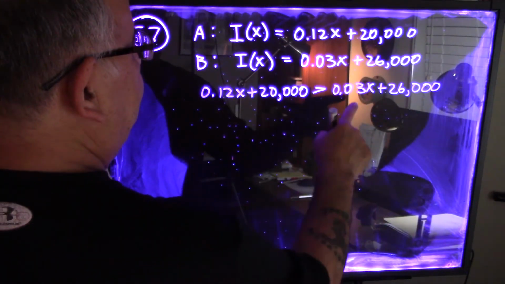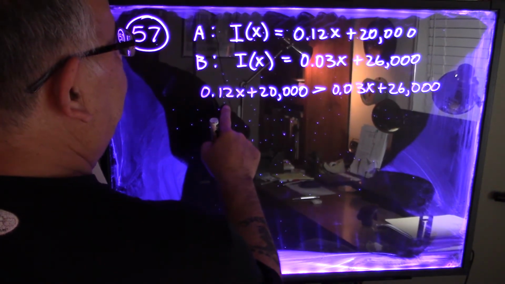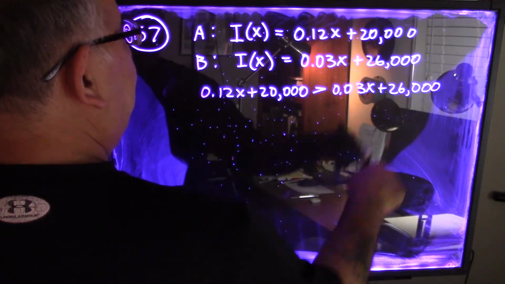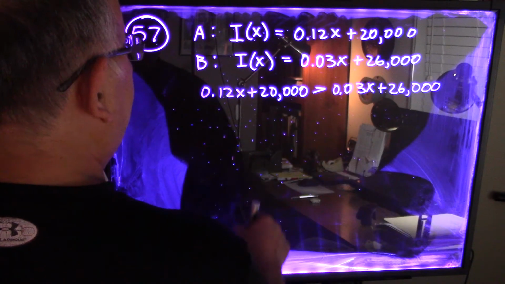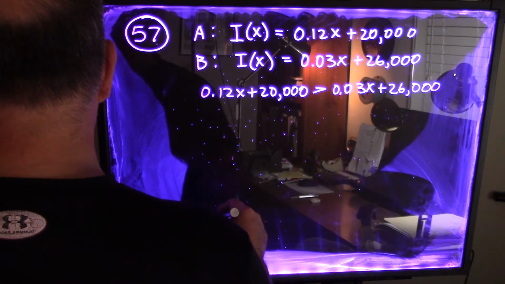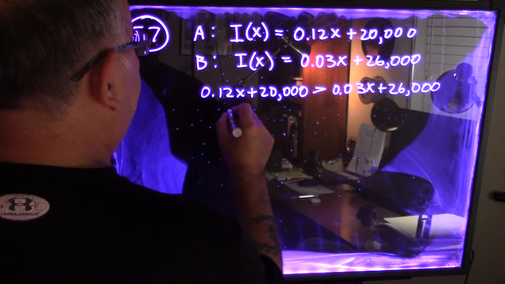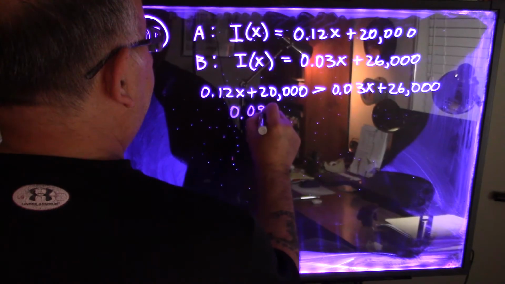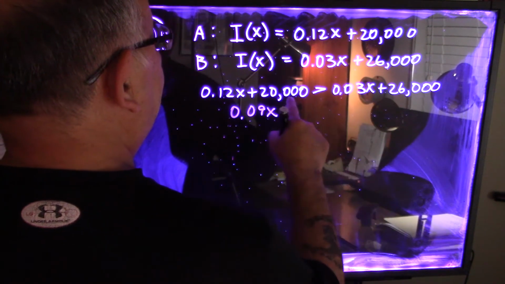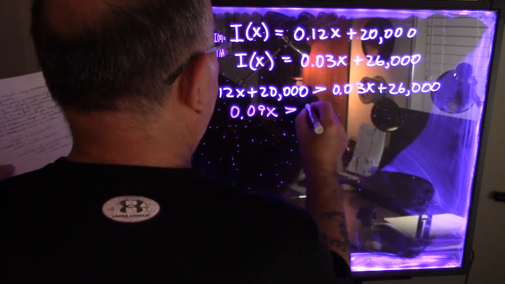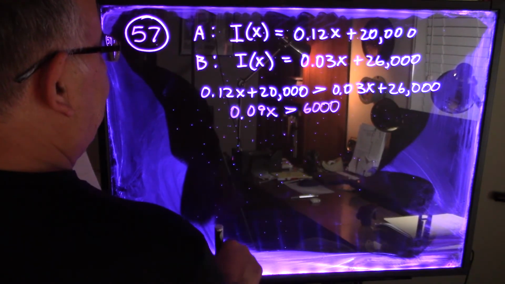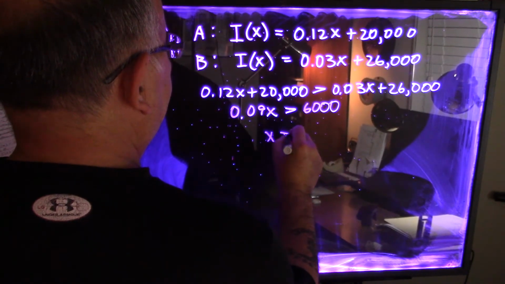Now what you can do is move this to this side, change it to a minus 0.03x, and move that to that side, change that to a minus 20,000, and then add like terms. So 0.12 minus 0.03 gives you 0.09x is greater than 26,000 minus 20,000, which is 6,000. Then you divide both sides by 0.09. That gives you x is greater than